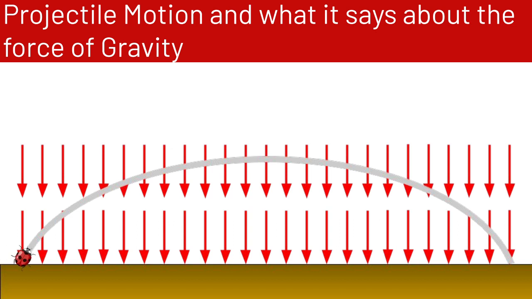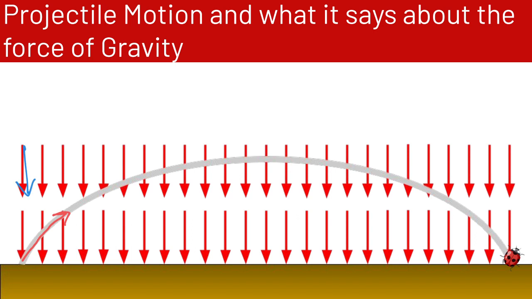So let's talk for a minute about projectile motion and what it says about the force of gravity. Here we can imagine a little ladybug flying through the air as a projectile. The ladybug is not using its wings, it's been launched as a projectile and it's flying through the air along this trajectory. So the gray line is the trajectory that the ladybug is taking, and the red lines,